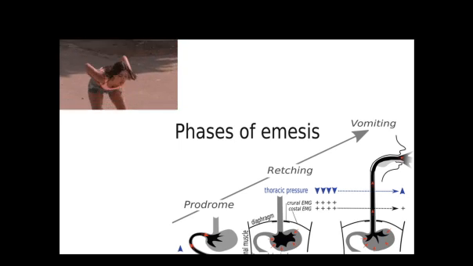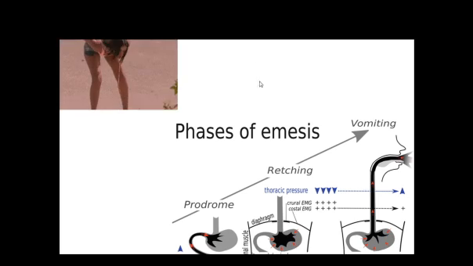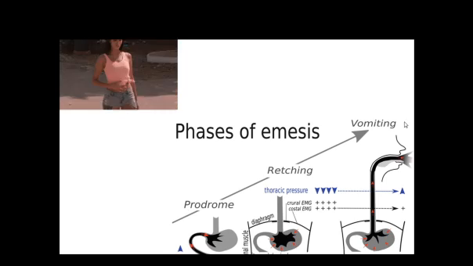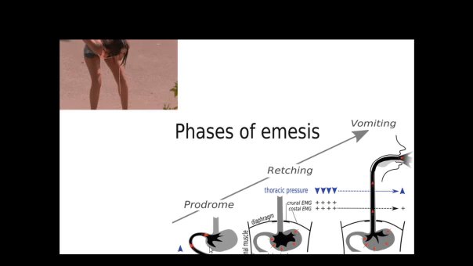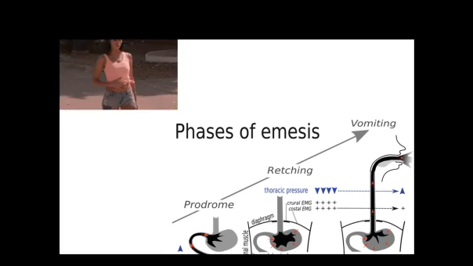And what is that? The programmed vomiting consists of three phases: a prodrome, retching, and proper vomiting. Vomiting starts mainly as a prodrome, in which there is excessive salivation and a sensation of nausea. After that, there is reverse peristalsis, which empties the intestinal contents from the upper intestines into the stomach, and then the glottis closes, which prevents aspiration of vomitus into the trachea, and breathing is held in mid inspiration.